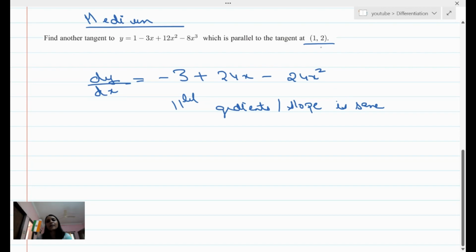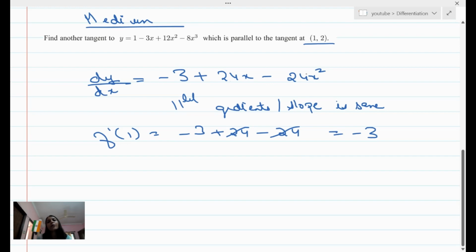So in this case, I'm just going to find the slope of this tangent at 1 comma 2. So this would just be f dash of 1, which would be minus 3 plus 24 minus 24; the 24s get cancelled. My slope is going to be negative 3. Now, I know the slope and I know the point at which there is a tangent, but I need to find the other tangent. So now that I know that the slope is negative 3,